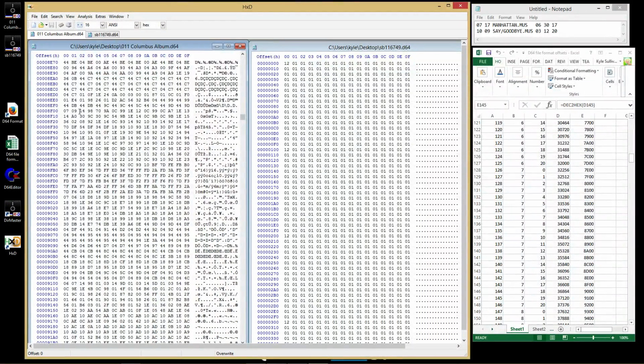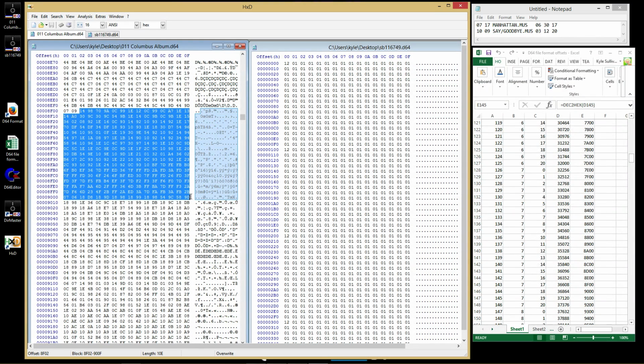Each sector is 256 bytes. The first 2 bytes of each sector are the track and sector link to the next sector, and so you don't want to change those, of course, because you have to maintain the integrity of the list of sectors in the image. So you start 2 bytes in, and you select 254 bytes, which is FE in hex. And if you go down to the end there, you'll see in the status bar of HxD it says length: FE. So I've selected the right amount,